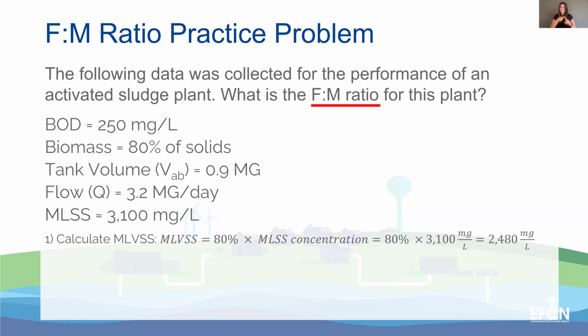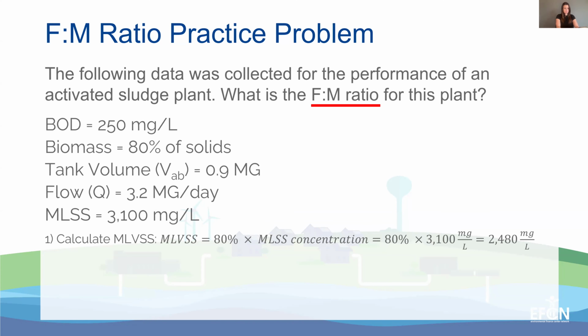Based on this, we'll do our next poll question. We're going to take the BOD loading and divide it by the mass of living concentration in the tank itself. We should have all the units we need. And we'll go ahead and launch that, Matt, poll question 8. We'll try to get this through and see if we can calculate that.